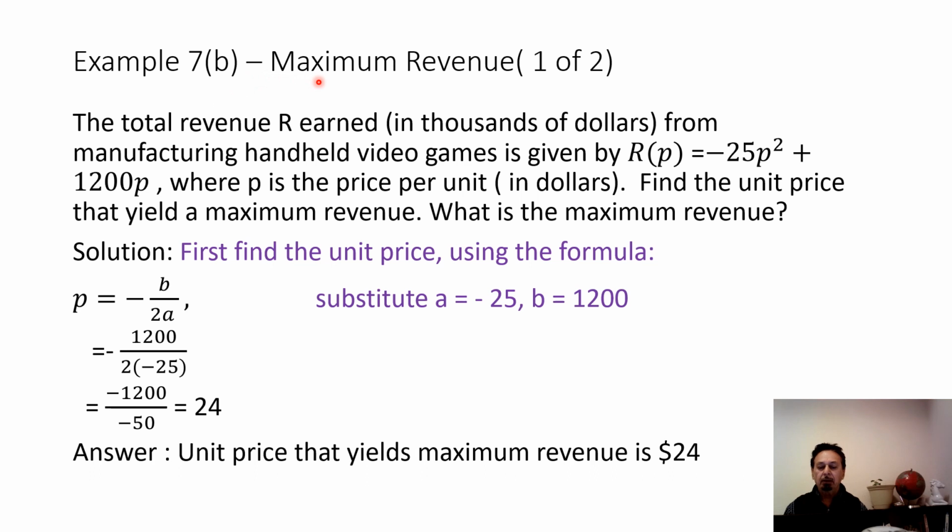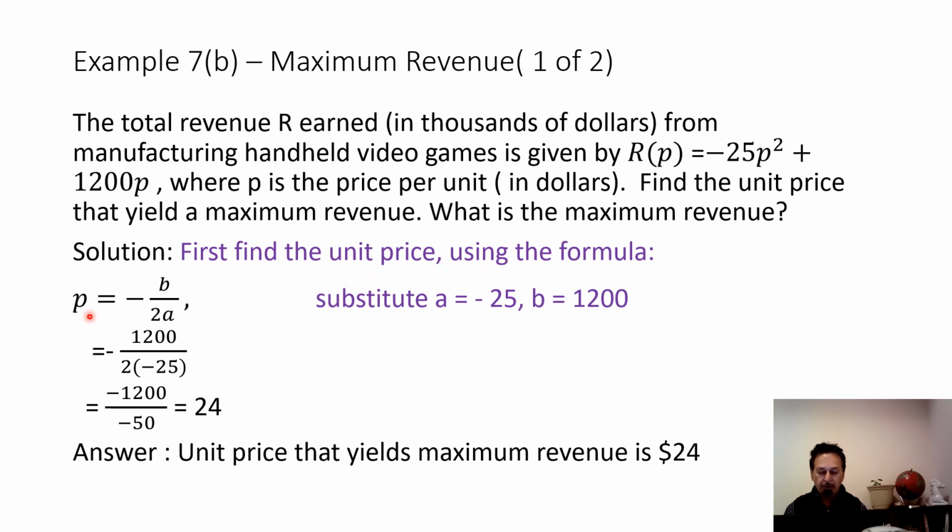Example 7b, maximum revenue. The total revenue earned in thousands of dollars from manufacturing handheld video games is given by R of P equals minus 25P squared plus 1200P, where P is the price per unit in dollars. Find the unit price that yields the maximum revenue. What is the maximum revenue? Solution. First find the unit price